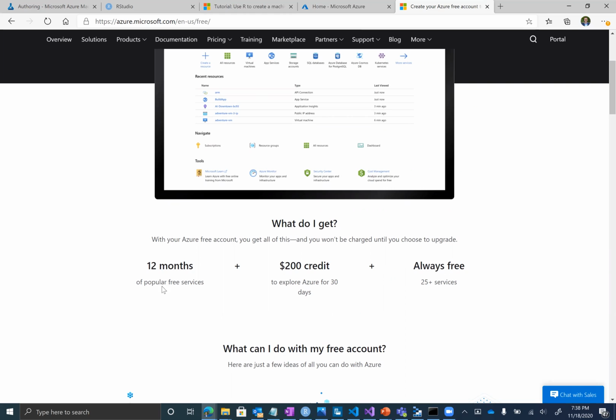I don't think machine learning is one of them. Then you also get $200 credit to explore for 30 days. So step one, check and see if you have a rep that you can work with, and I can help you find them. Step two, give this a try. And then step 1A would be me getting back to you, Don, to see what we can do as far as an educational discount to maybe extend this.